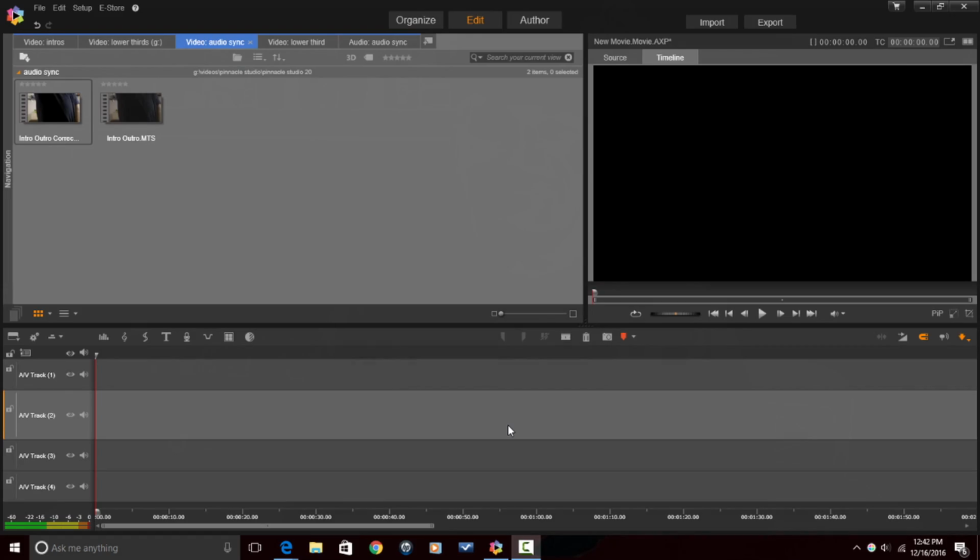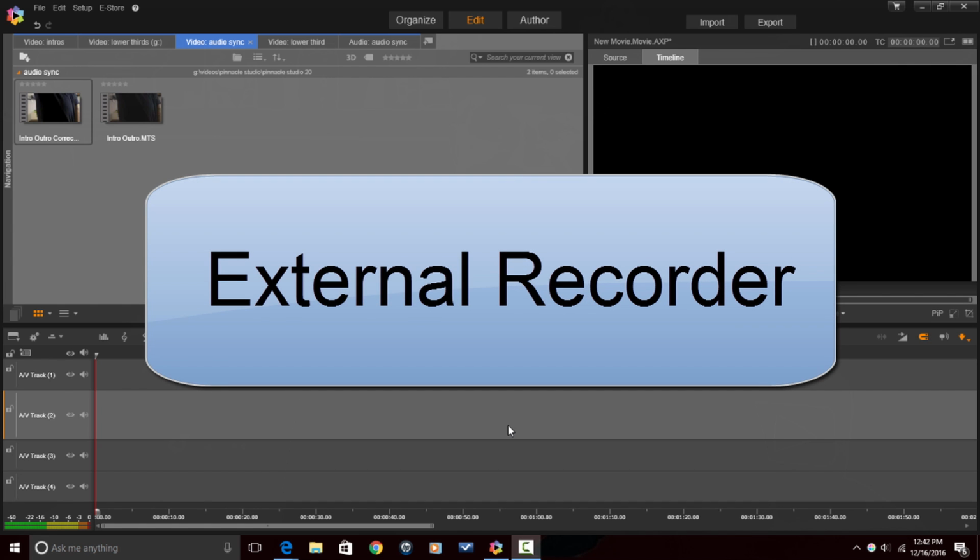Here we are in Pinnacle Studio 20 Ultimate, and I'm going to bring you a little bit of Audio Sync 101 before we get started. Most people use audio syncing when they are bringing external audio into a video that they want to use instead of the original video's audio. Usually that's because the external audio is done with an external recorder that has better quality than the audio quality